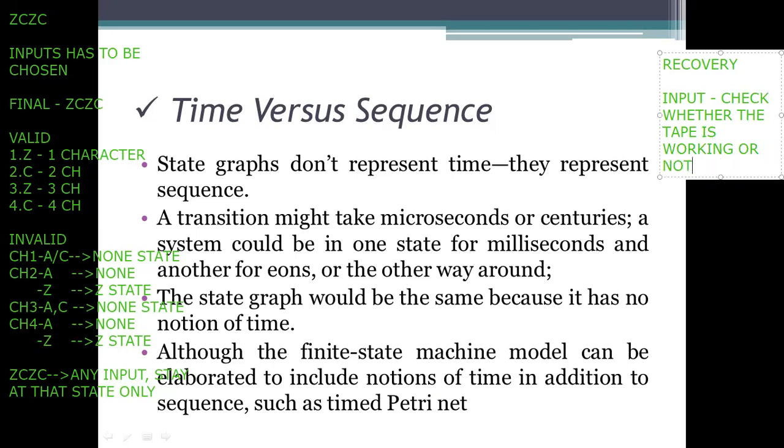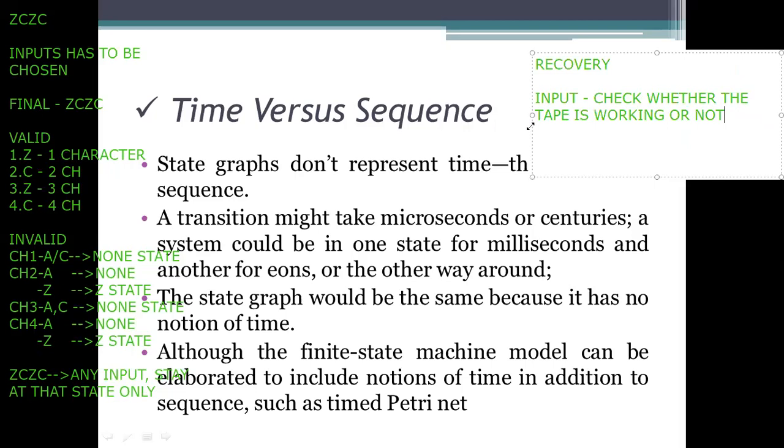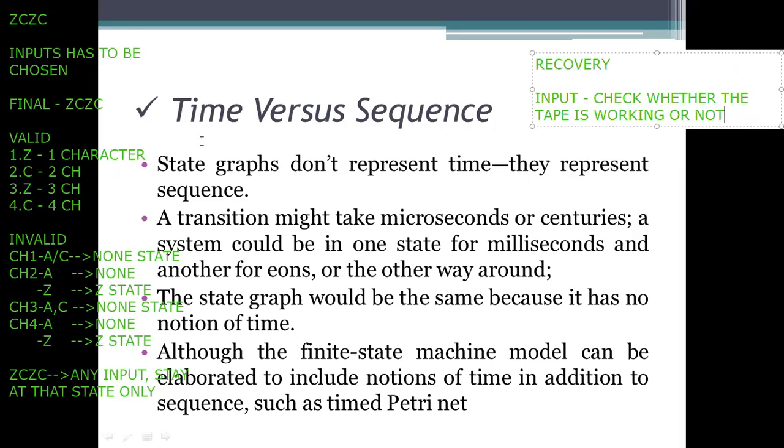So in this representation, unlike the previous example, there is no such processing. In the previous example we had to pass the characters, but here we won't send any characters. What we need to do is give the tape to this one. So what is the basic input here? It is the device that we are using.